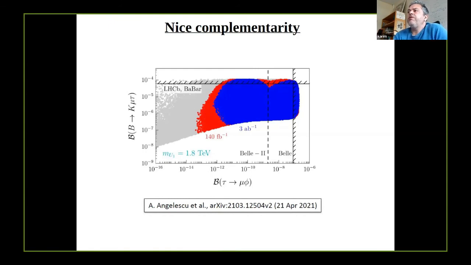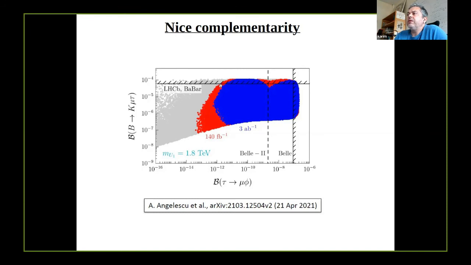They became very exciting very recently, because of these anomalies in B to S l l, B to K* tau nu, and B to K tau nu. Here you have a very nice plot showing, in fact, B to K mu tau that I was talking about just now, versus the lepton flavor violation mode of the tau, tau to mu phi. And you see the result obtained by Belle or LHCb, and